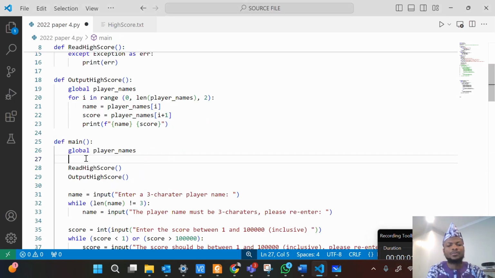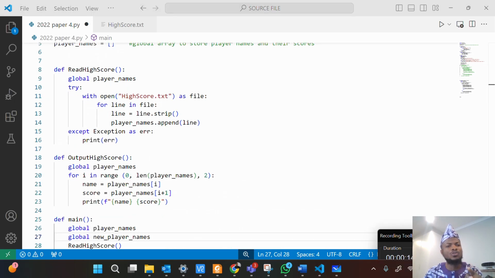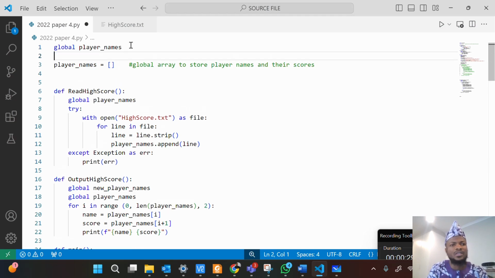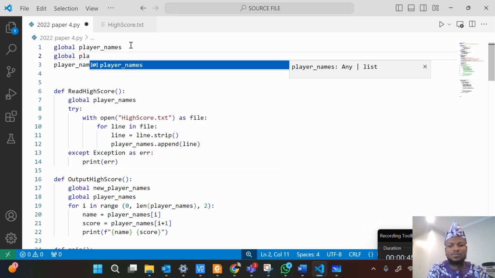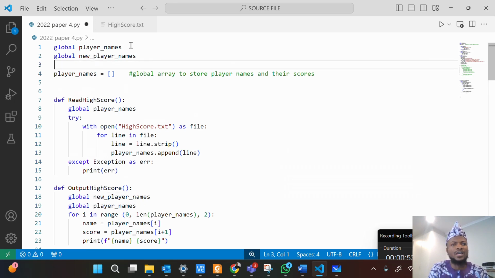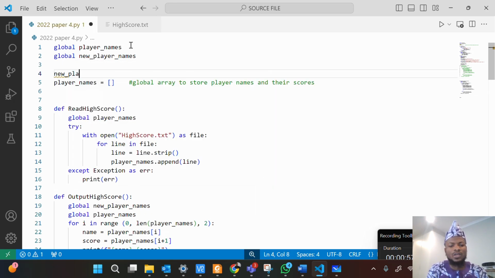So we also need to go to the main program to declare the global variable new player names, or else it won't work in the main program. Likewise, we also need to go back to output I score to declare the new array, new player names. So we also need to come to the first variable we declared and also declare the new player names, and initialize it as an empty array. So new player names